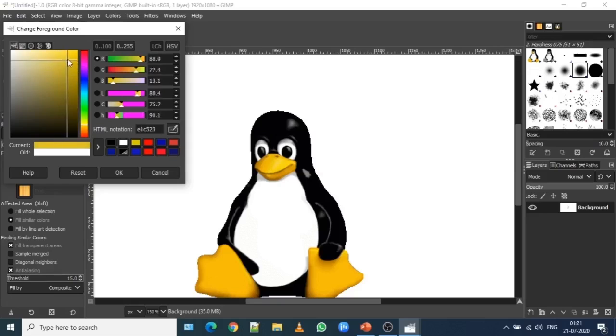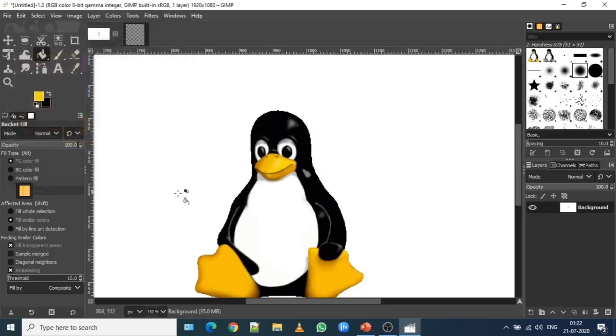Now drag this one to the upward end of the color selection. The moment you drag this color to the top, the current color which was showing white changes to a bit orchard yellow. Now once you are okay with the color selection, click on OK and click on the part of the area where you want to fill the color.